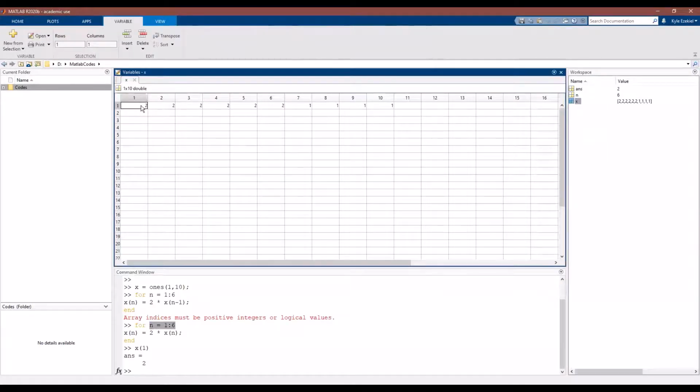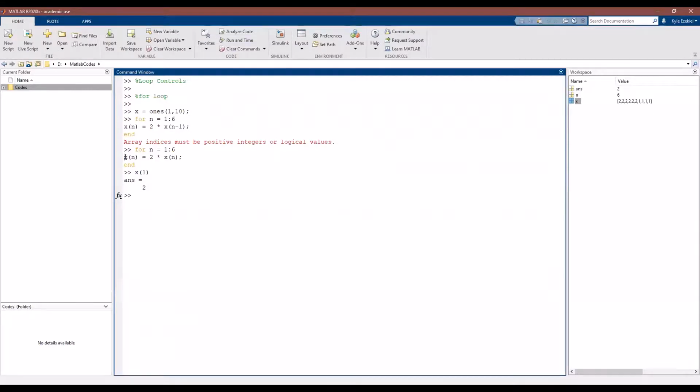So ibig sabihin, this equation, x sub n is equal to 2 times x sub n, would loop or iterate 6 times. So you have 1, 2, 3, 4, 5, 6. Because yun yung predefined value mo or nilagay mong value or the number of repetitions that would incorporate your for loop control. Okay? So, ibig sabihin, yung in our left-hand side of the equation, here x sub n, since yung n mo nagbabago from 1 to 6, nagbabago din yung position ng